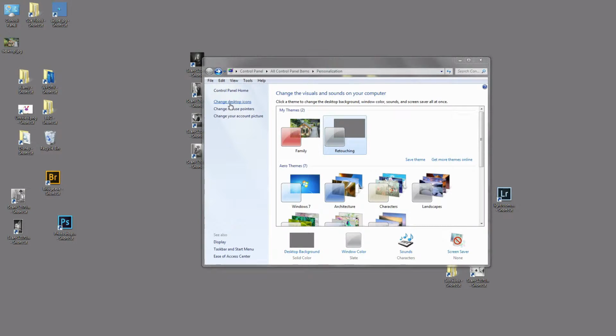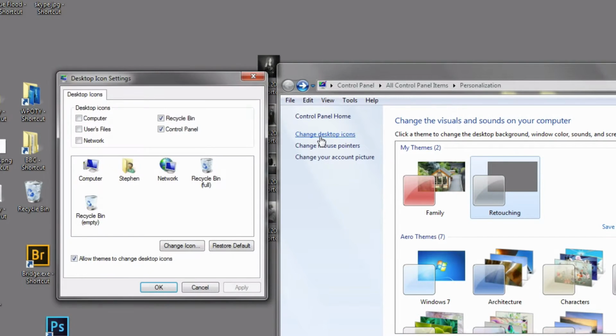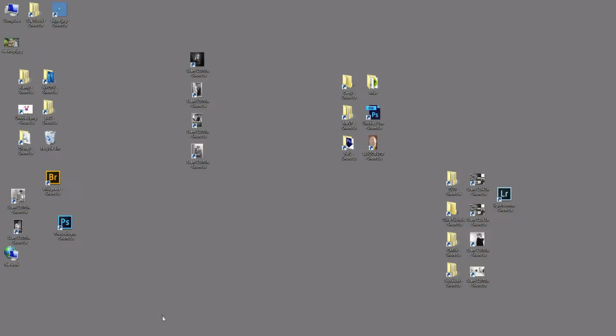Next up I'm going to change the desktop icons. I'll show you why in a minute. I'm going to make sure that computer is ticked, that network is ticked, I make sure the recycle bin is ticked and the control panel unticked, and apply that. Okay. And I'm just going to close this window now. So there we have it, much tidier desktop just from the color changes,